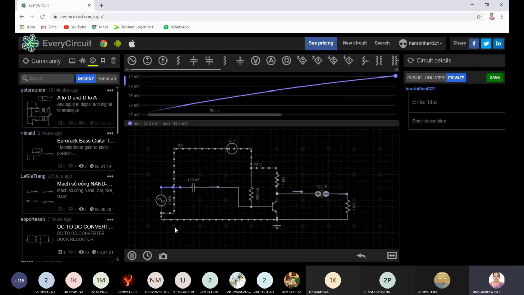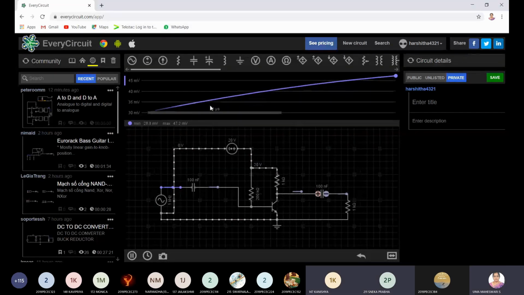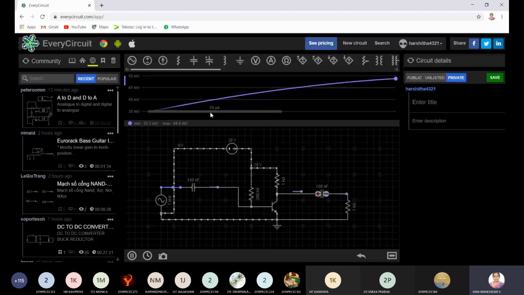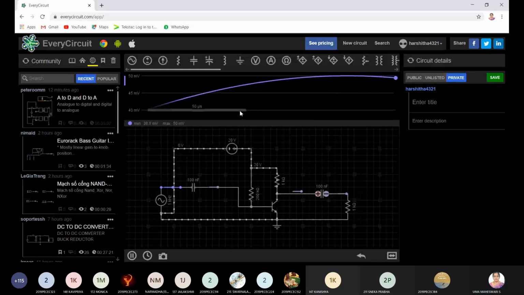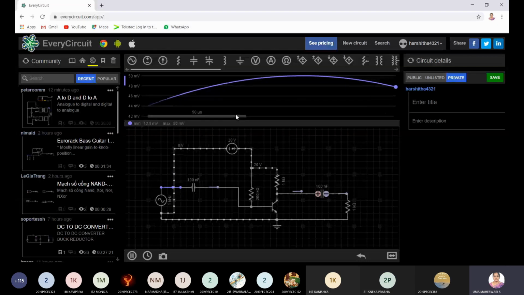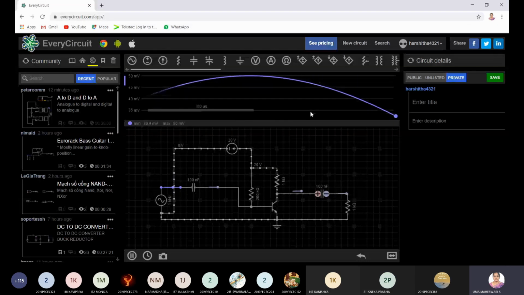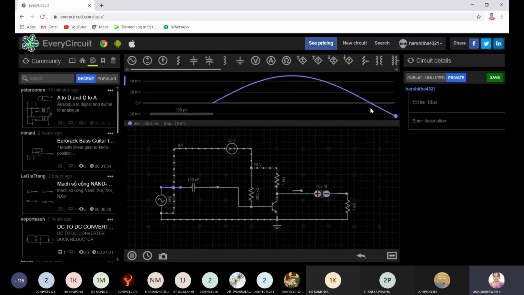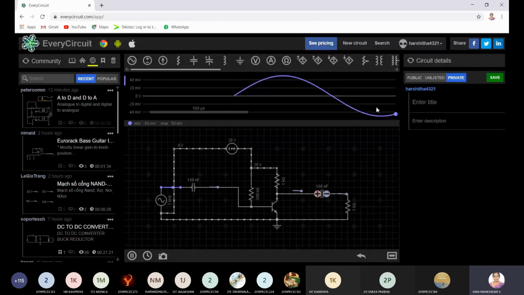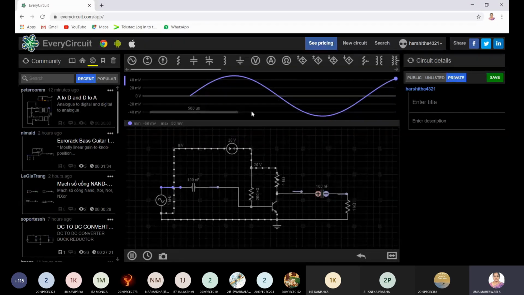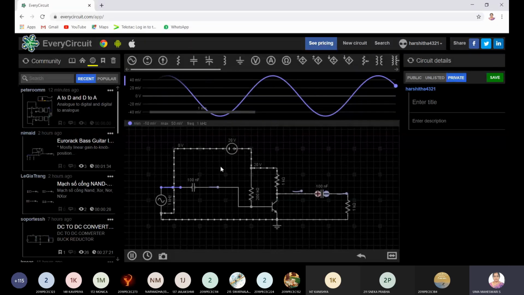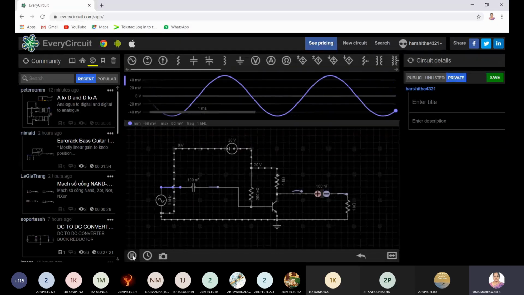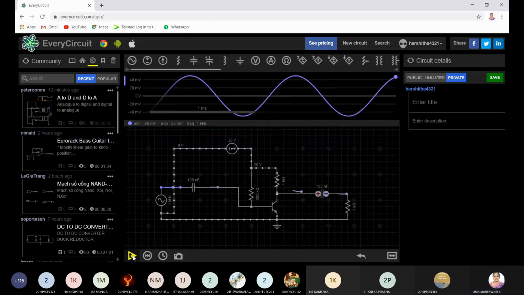But now, why is the waveform like this? Because the software has taken your time as 50 microseconds. So what should I do? I should adjust my time axis now. See, from 50 it has become 500 microseconds. Now, when I change the time to 1 millisecond, am I getting the expected waveform? Yes, ma'am.